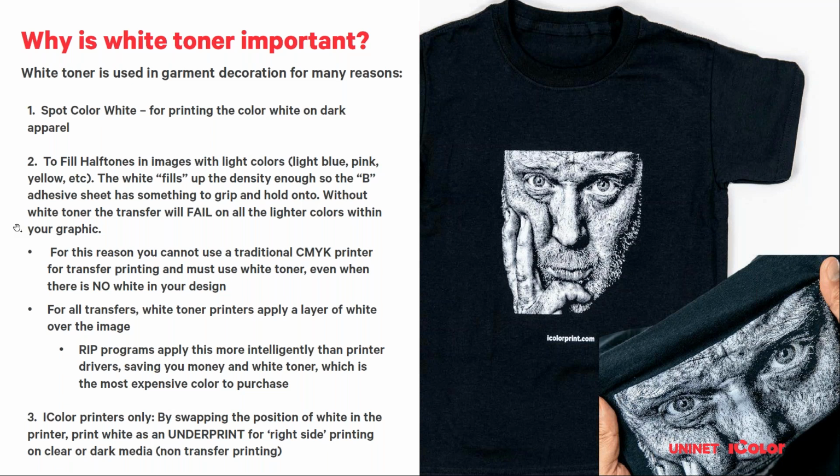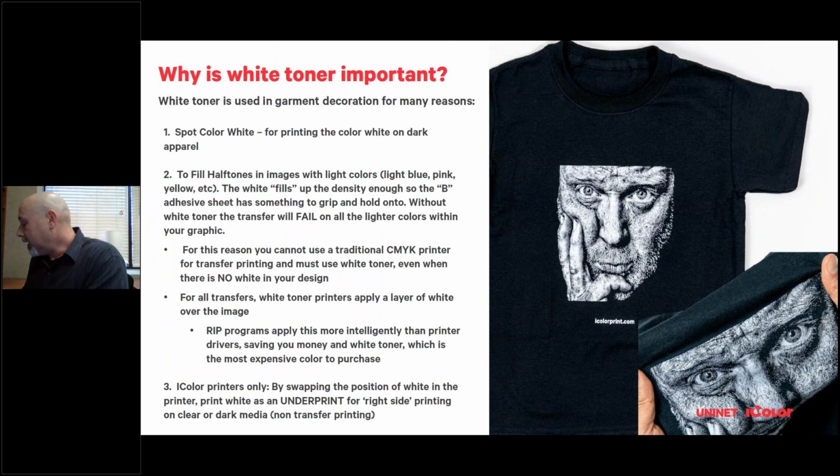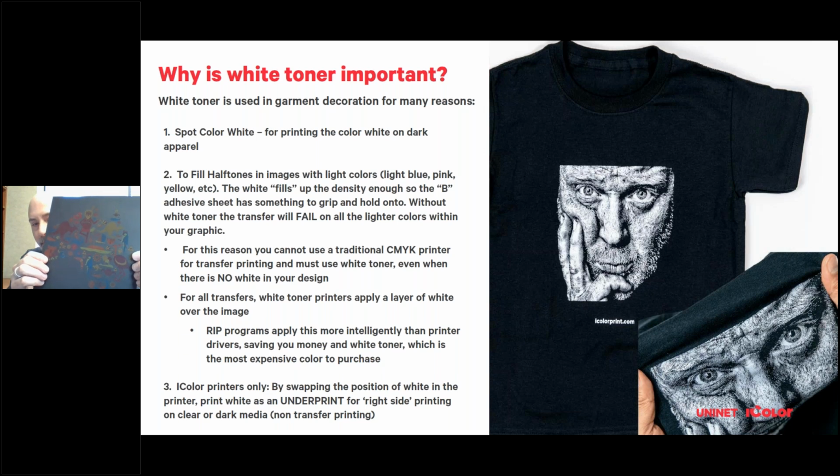So I'm going to turn back my screen, and I want to show you something here on black paper. This is what happens if you print on black paper with color without white underneath. And you can do this with any laser printer that you might have at home. And you'll see that it's very muddy, it's not vibrant, because you're basically seeing the paper through the image. But what happens when you print white undercolor is all the images pop. And this is the same exact image printed on the same printer, one using white and one using CMYK.